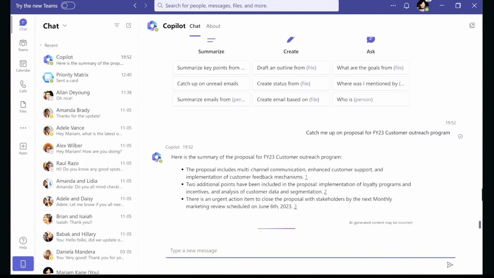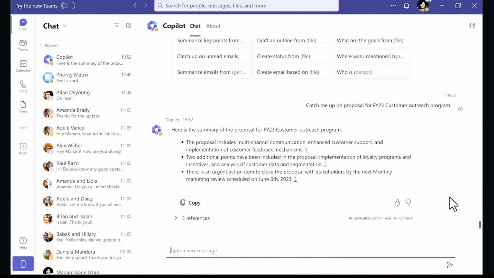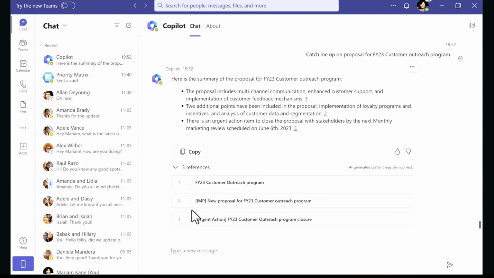Now, along with this summary, Copilot will always provide a list of references. This will allow Miriam to dig into wherever this information was sourced from. So let's take a look at this summary. In the first two bullets, it talks about what's going on in this project, some new components that were added, but I want to bring your attention to that third bullet. It says there's an urgent action item to close the proposal with stakeholders before the next monthly marketing review. That's only 2 weeks away, June 6th,